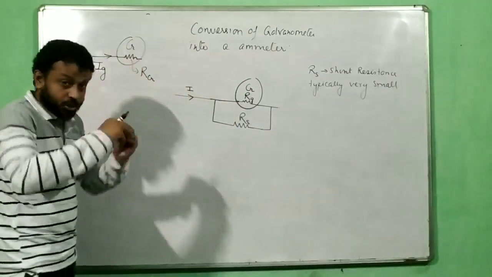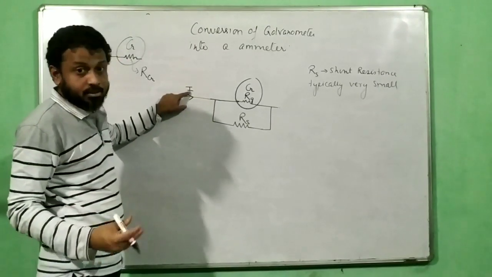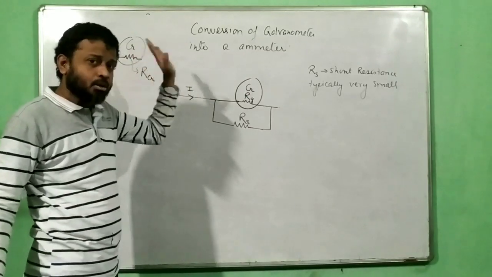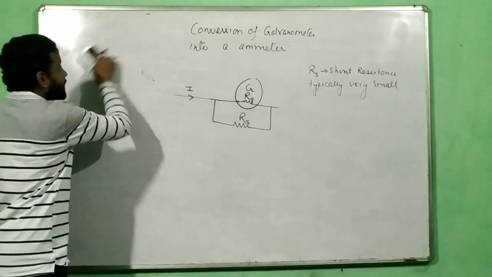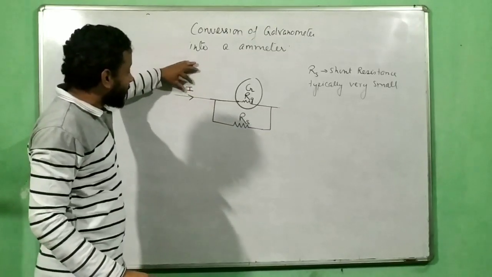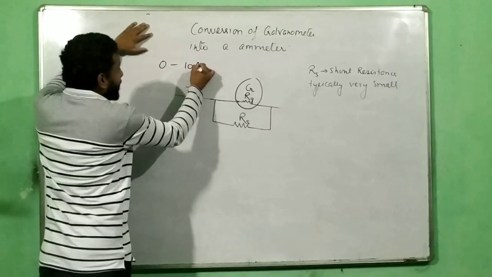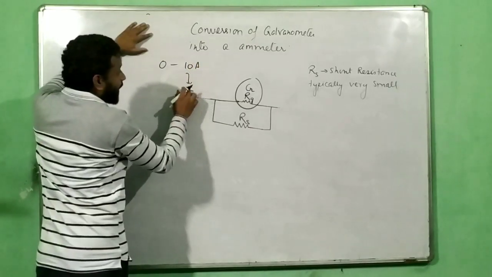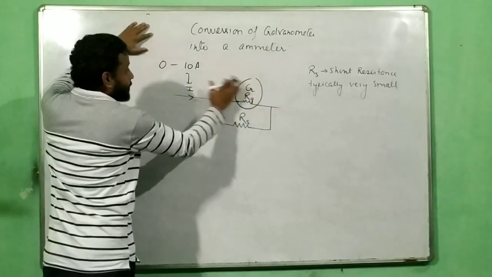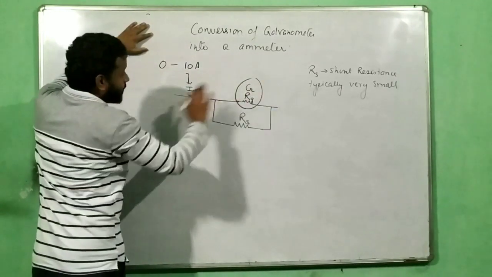So 0 to 10 ampere, that means I am considering Is as 10 over here. If it can measure 10 ampere, less than that also it can measure. So you have to ensure that when the current is from 0 to 10 ampere, when this is your 10 ampere, I have to ensure that my galvanometer is safe. If the galvanometer is safe for 10 ampere, any current lesser than that will also be safe.